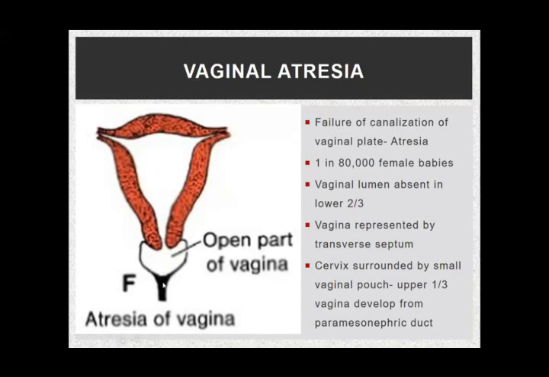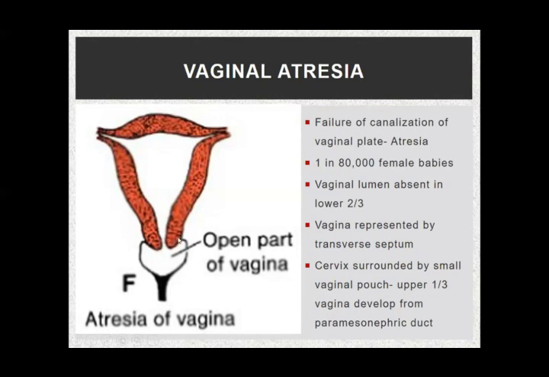When the vaginal plate fails to canalize, the vagina does not develop. Happens 1 in 80,000 female babies. So there is absence of lower 2/3 of the vagina, upper 1/3 of the vagina, जो कि uterovaginal primordium से develop होता है. That develops,